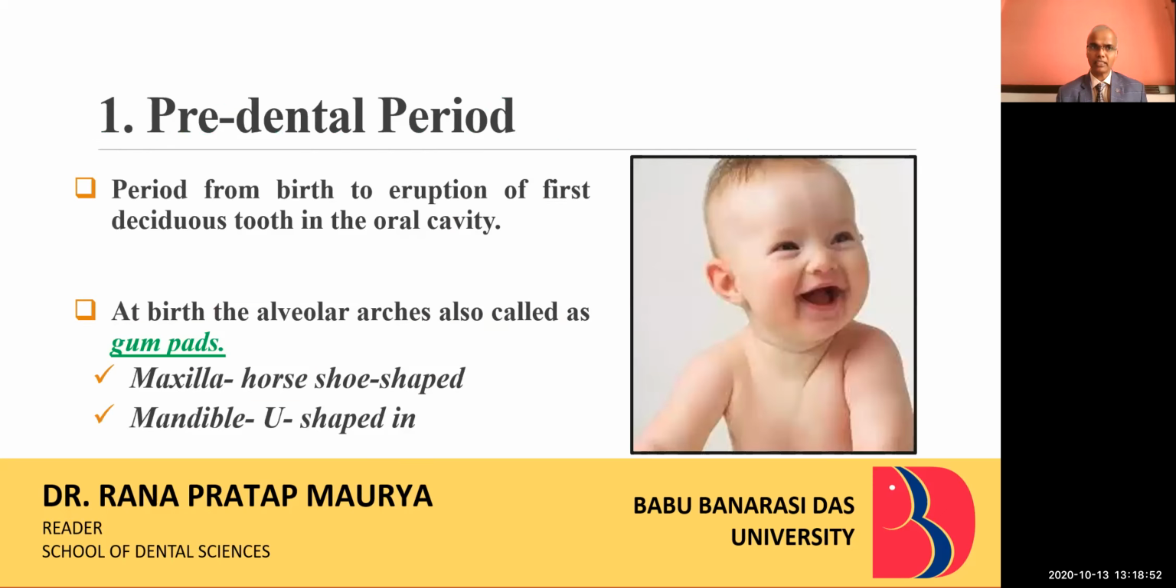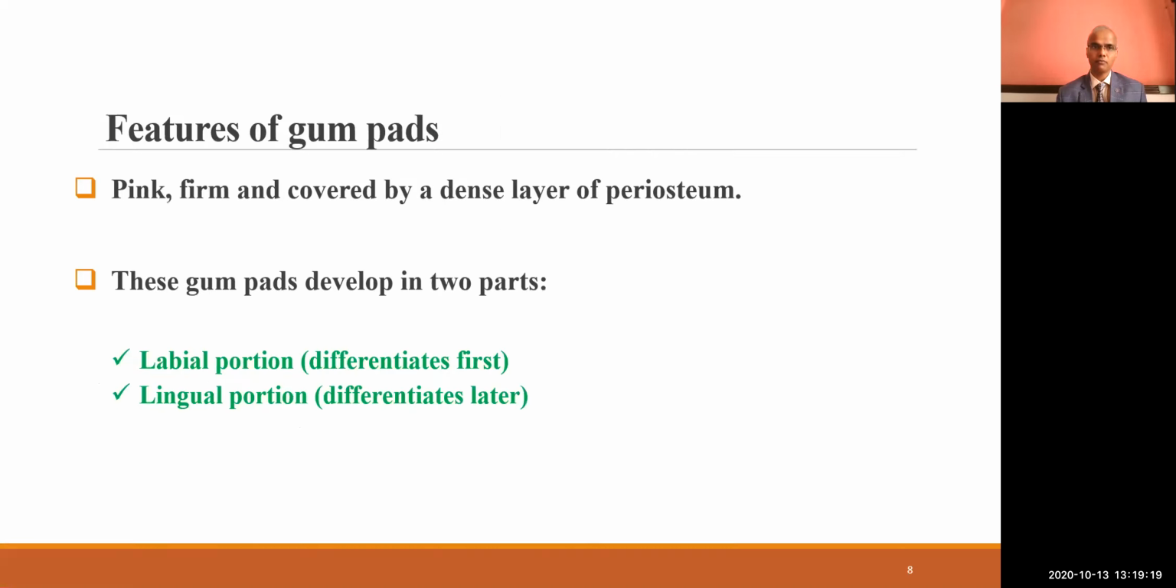The pre-dental period starts from birth to the eruption of the first deciduous tooth in the oral cavity. The first deciduous tooth to erupt is generally the mandibular central incisor, sometimes the maxillary central incisor. At the time of birth, the alveolar dental arches are called gum pads. In the maxilla, it is horseshoe shaped, and in the mandible, U shaped. The gum pads are pink in color and firm in consistency, and they are covered by a dense